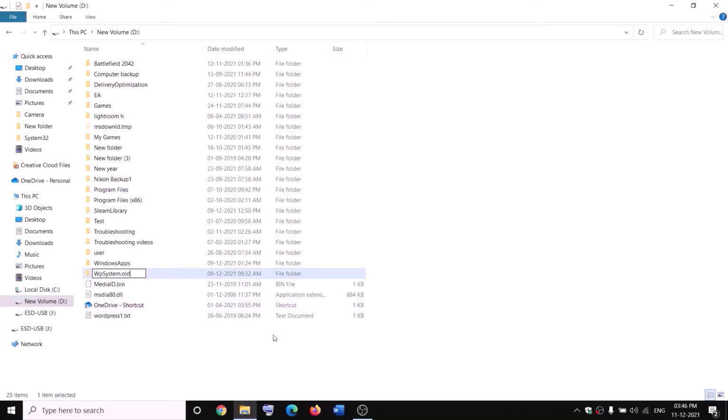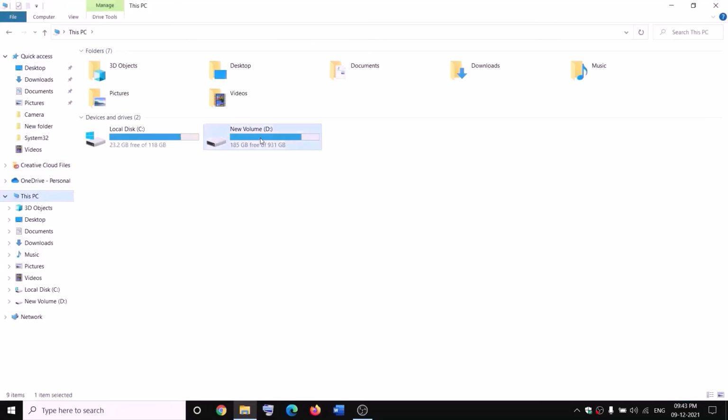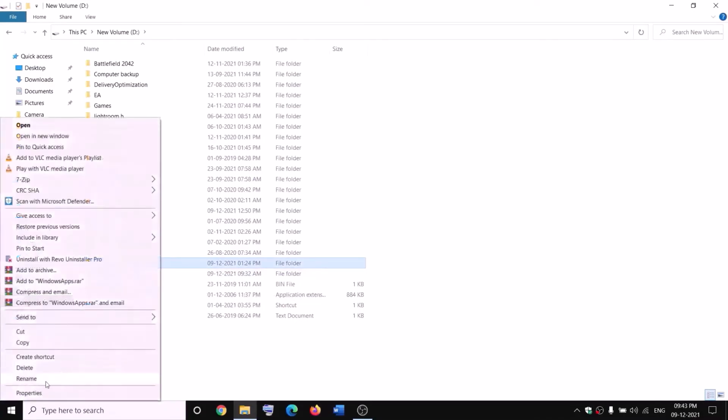Now, if you still face the problem, in that case, you can go ahead and restart your computer and then try to rename it once again. Open File Explorer and then go to This PC, open D drive, then make a right click on Windows apps and then rename it. Now before renaming, you have to take the ownership. Make a right click, then click on